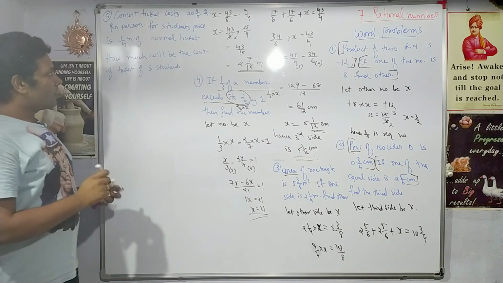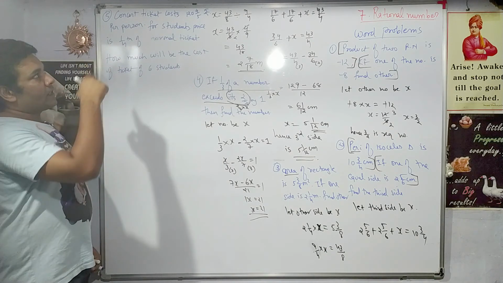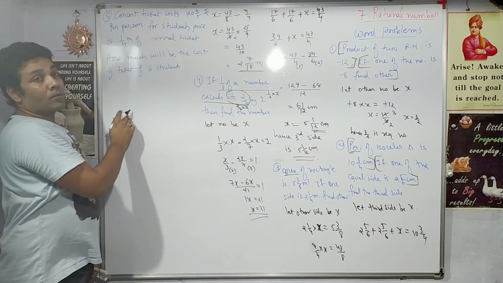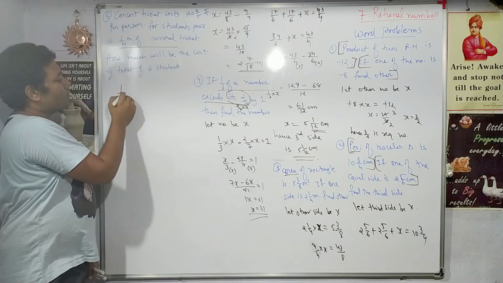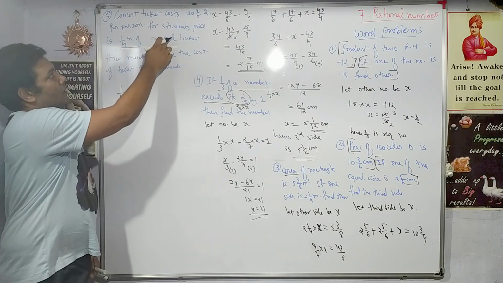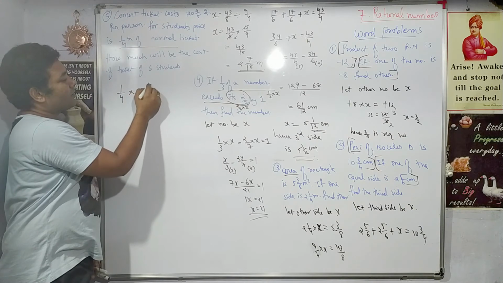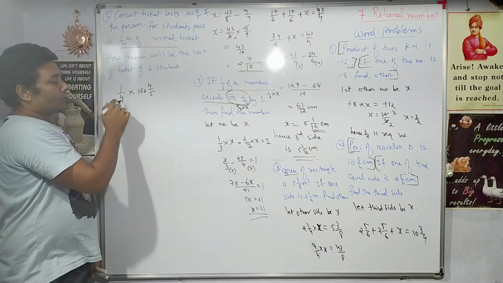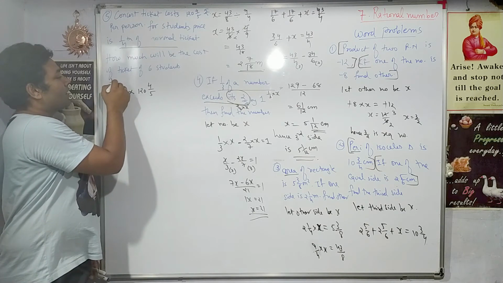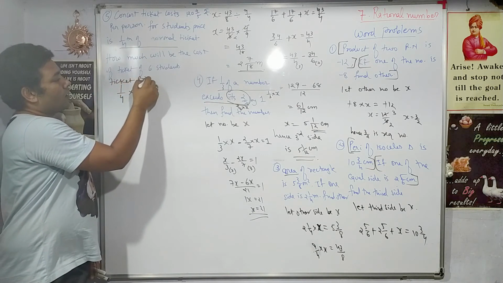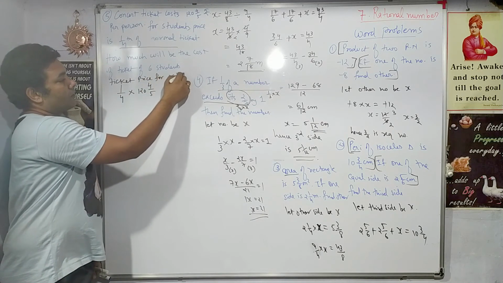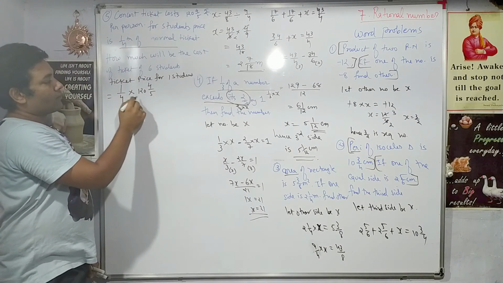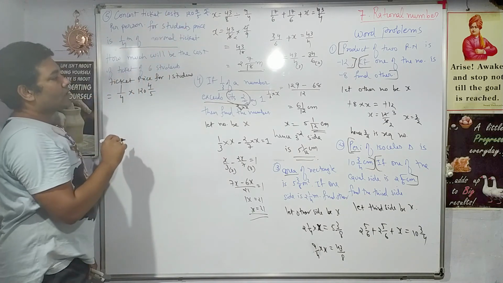So simple it is, right? One ticket costs 120 and 4/5, and for a student the price is only 1/4 of the normal ticket. So 1/4 of what is the price of the normal ticket? 120 and 4/5, right? So this is the price of a ticket for one student. So you should write down the ticket price for one student, that is 1/4 of the normal ticket. So 1/4 of, and what is the value of the normal ticket? 120 and 4/5.